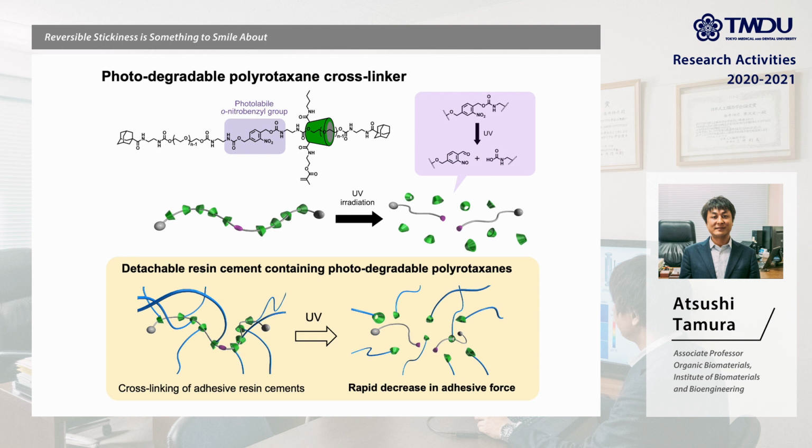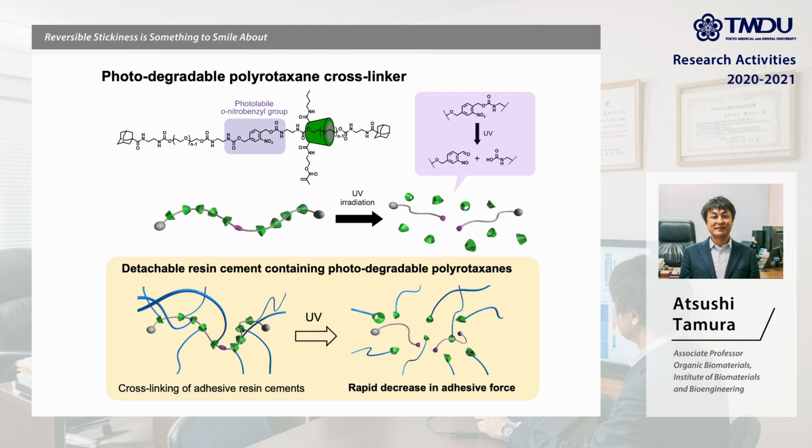Herein, we developed photodegradable polyrotaxane by introducing nitrobenzyl groups in the center of the polymer axis. This bond is rapidly cleaved by UV radiation to cause the polyrotaxane dissociation. In order to prepare detachable resin cements, we use this photodegradable polyrotaxane as a cross-linker of currently used dental adhesive cements. We consider that photodegradable polyrotaxane is valuable for drastic and rapid change in the adhesive force by UV-induced degradation